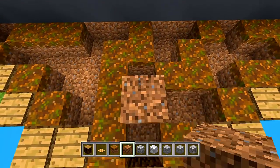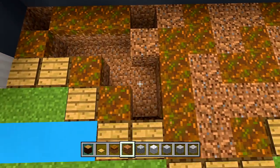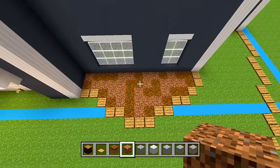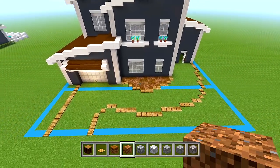So I'm then gonna fill all of this in with coarse dirt. Try to make 50% of it coarse dirt, the other 50% podzol. Try to even it out between the two. So I would say that's pretty good. Now we're gonna add all of our flowers and stuff, but first, before we get to that, let's then